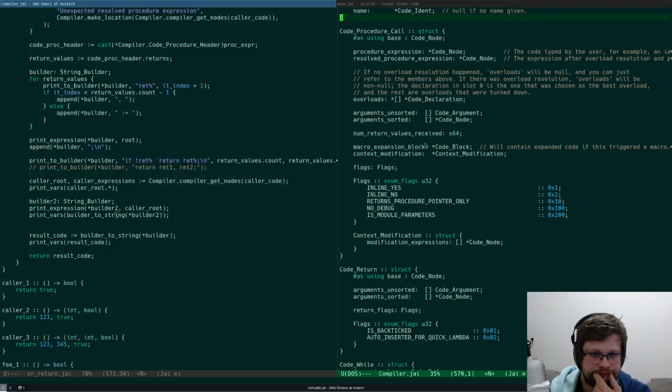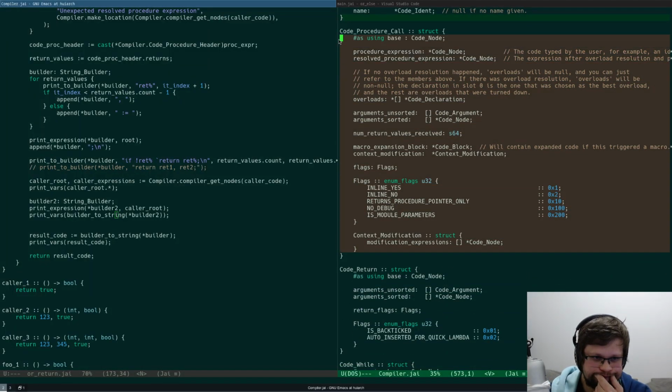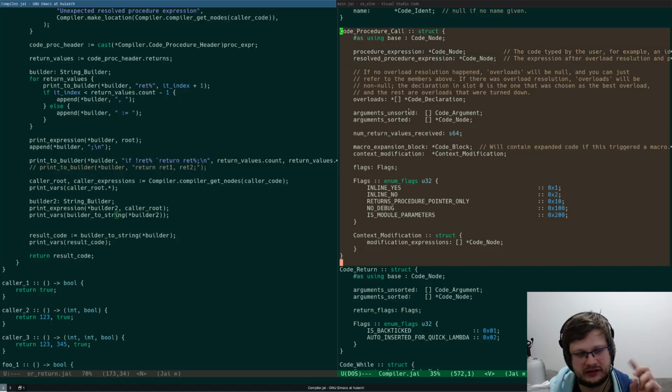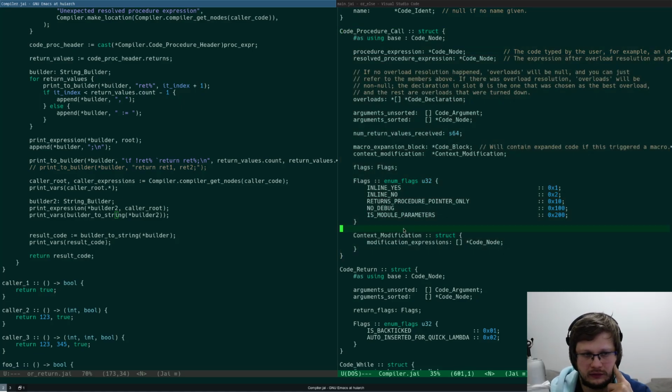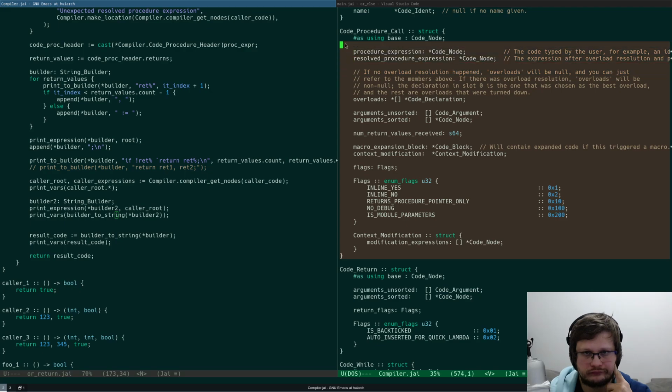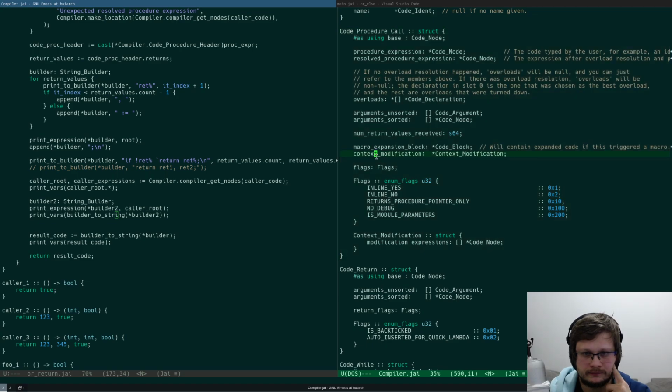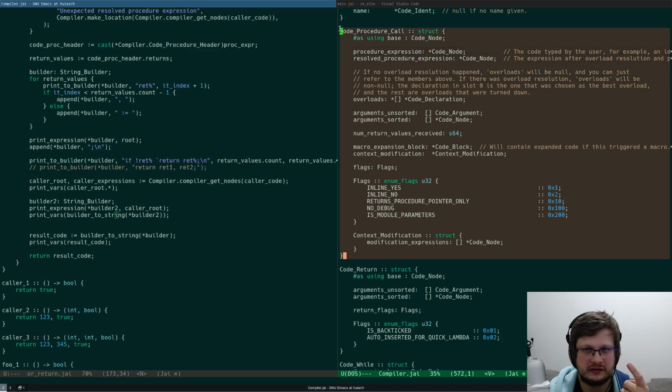So maybe this is also the part that we inject from the external metaprogram. Right? So basically what we need is something above the root.